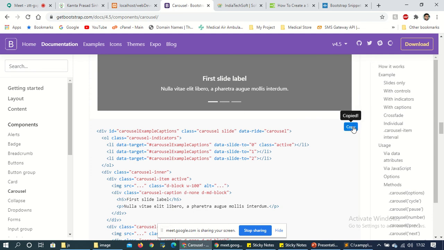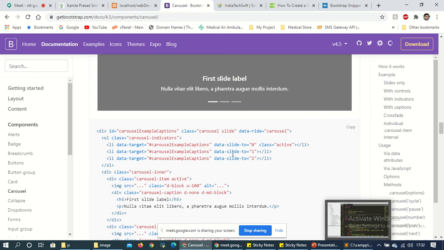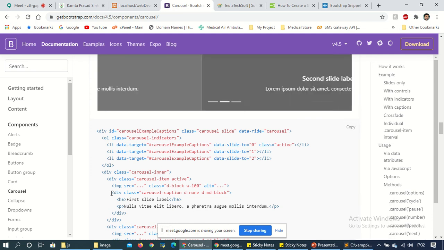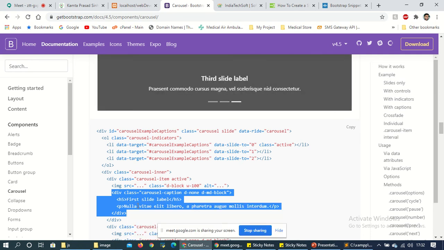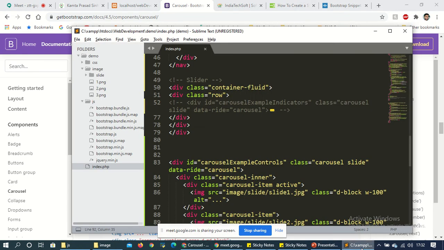So just copy, and if you don't want to copy, no need. Just copy this one and paste it after the div, in this here.